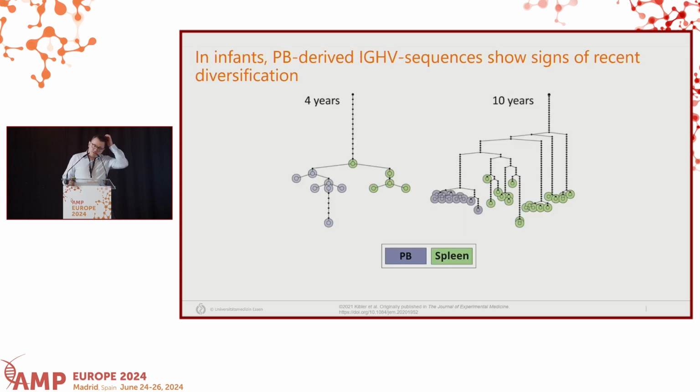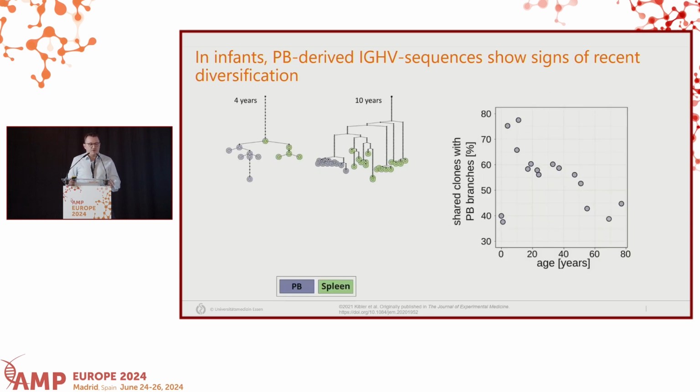You can see examples of B-cell receptor dendrograms. Basically, this is just a visualization of sequences that belong to one single clone. The further down one of the colored circles in these plots is, the higher the Ig mutation frequency. As you can see in these two examples, we saw a quite reminiscent feature of these shared clones. Most sequences that were derived from blood correspond to one single diversified branch in these dendrograms.